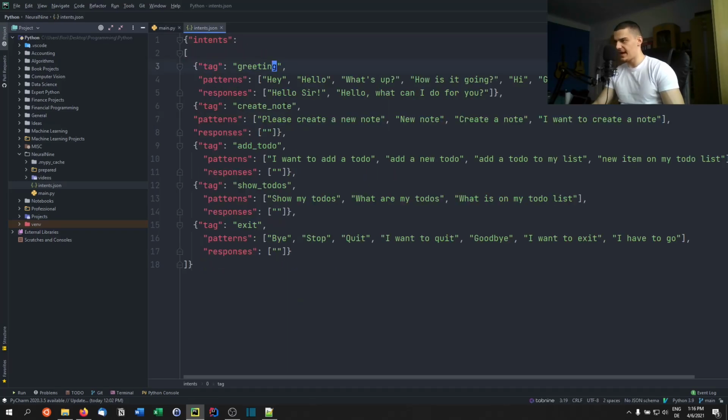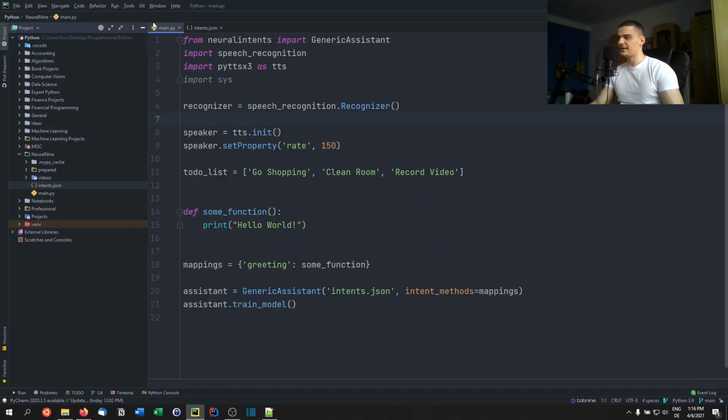So we're going to have this tag create node here. It's going to be triggered by something like, please create a new node. I want to create a new node, create a node, new node, and so on. So anything that has the phrase new node in it will probably be recognized. So here we're going to say